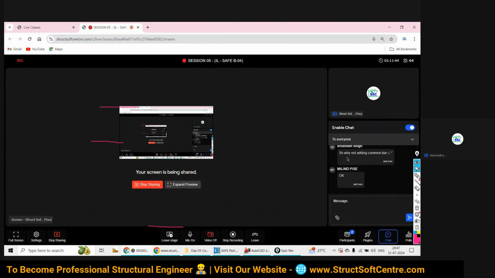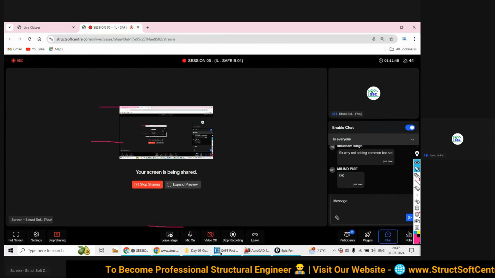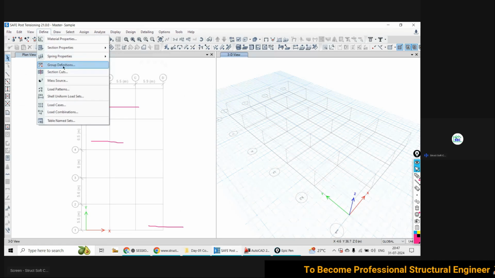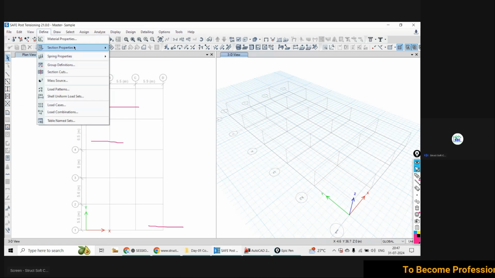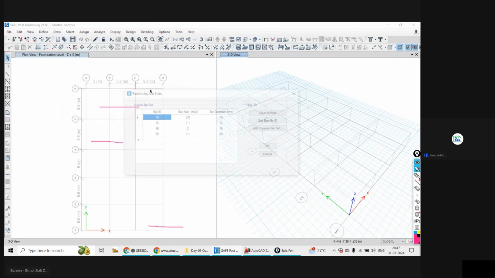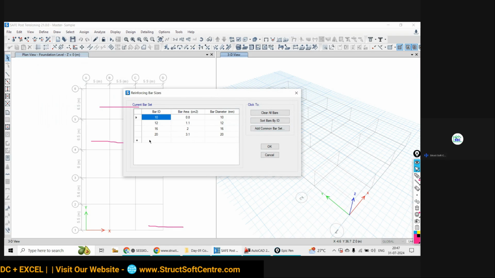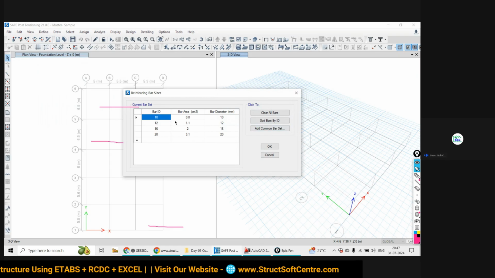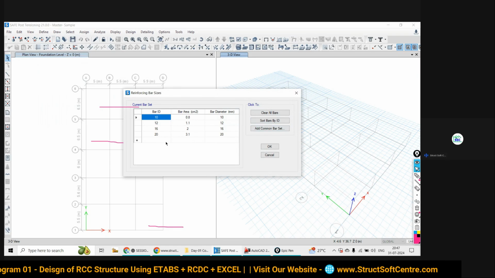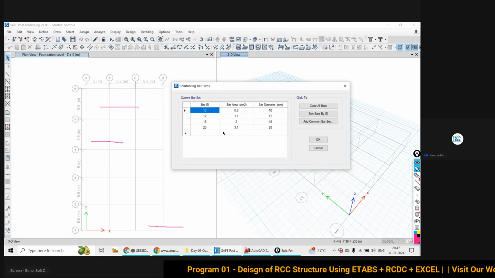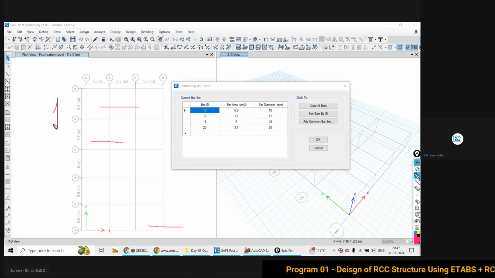Yeah, see, we can also go with the common bar set. It is just for your understanding that I have explained. अगर आप चाहते हो, if suppose you want to make a proper default section, so you can say add common bar set, that was already present, वो पहले से present था. I have deleted that to show how you can define it. That is my intention. Otherwise the default definition you can keep, because we have chosen the Indian code and Indian practice.